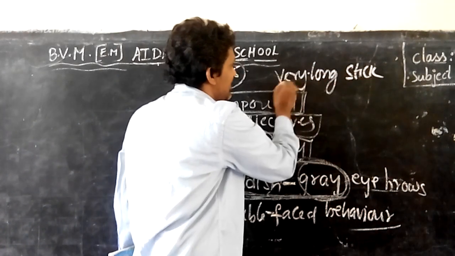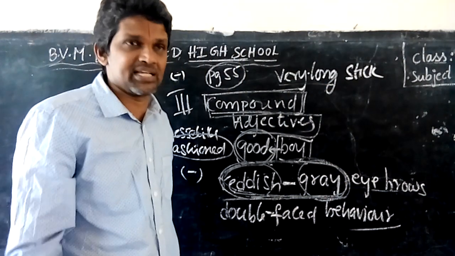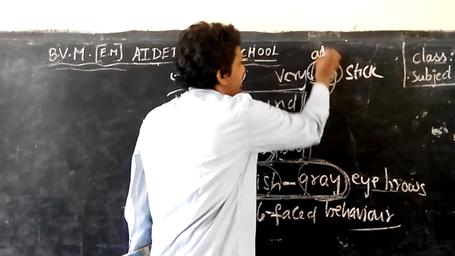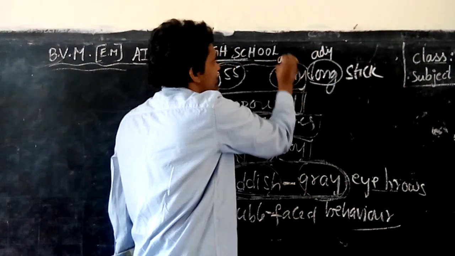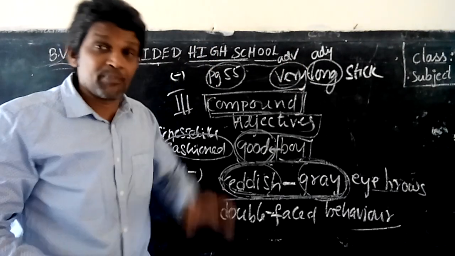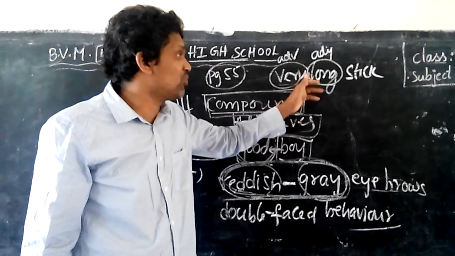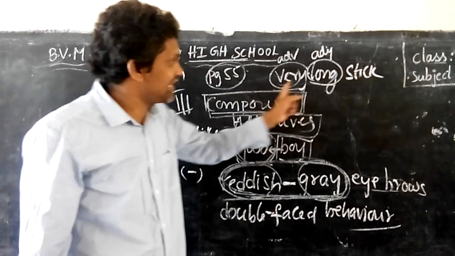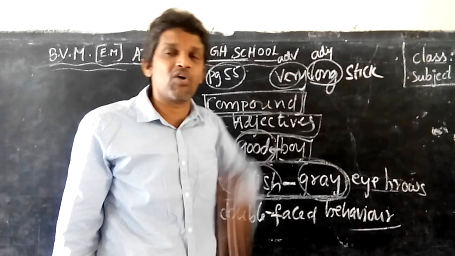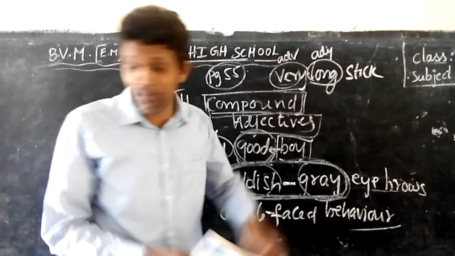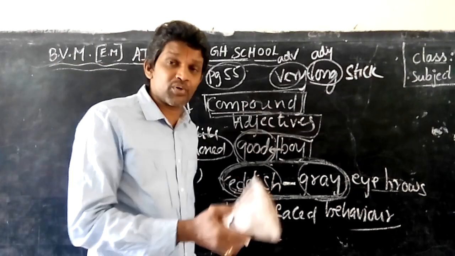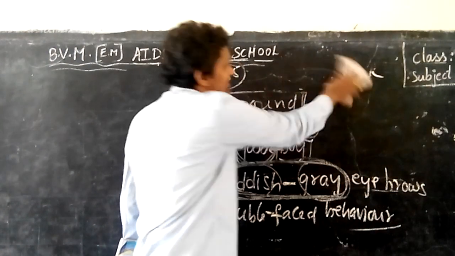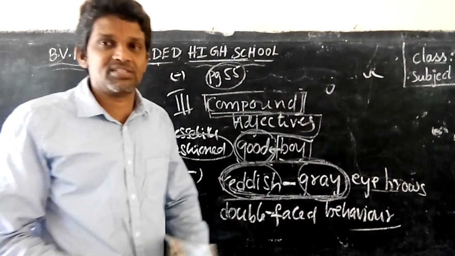So if I place a hyphen, this very long will become a single word. If I won't place it, long will become an adjective and very will become an adverb. The parts of speech will be changed entirely if you won't place the hyphen. Whereas if you place the hyphen, this entire thing will come under adjective form. So that's why the hyphen should be placed compulsorily if you want to express it as an adjective form. Otherwise, the entire form will be changed.